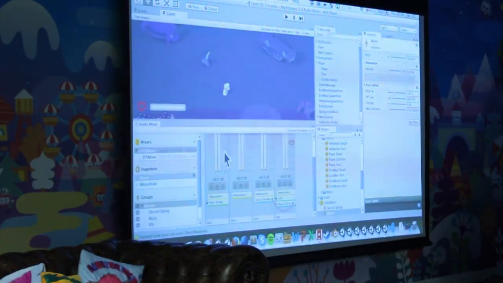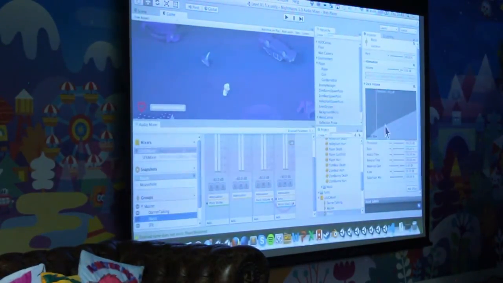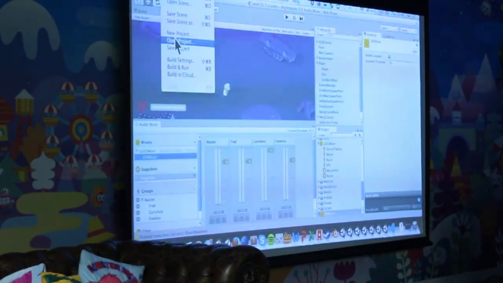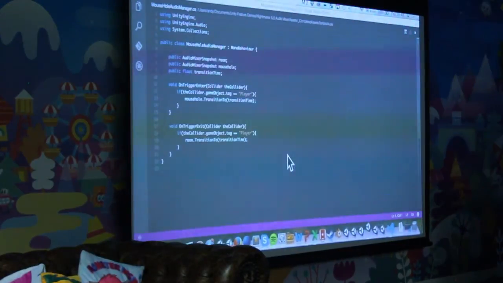There's a couple of other bits and pieces to point out, and that's the fact that because you can have lots of subgroups, like for example here with our SFX mixer, you can then chain these all up. So here I've just got my top mixer, and then I've got a sub-mixer with these groups. You can basically make big stacks. So if I open up this other project, sorry, I'll be super fast. If I open up this other project really quickly,